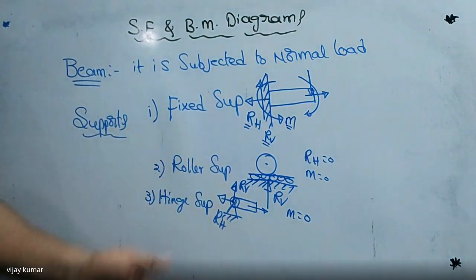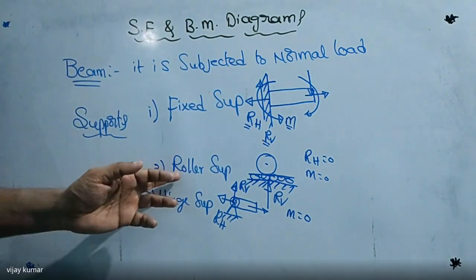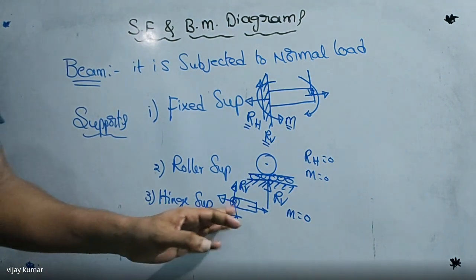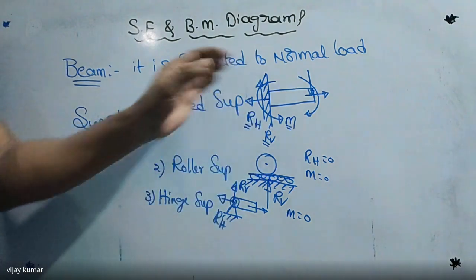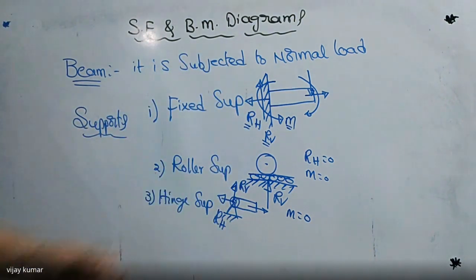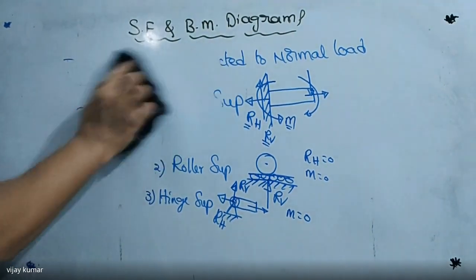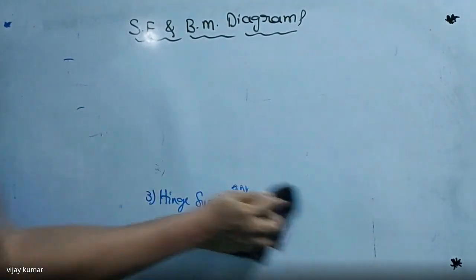There is another one also, the knife edge support. So the fixed support has three reactions, the roller support has only one reaction, and the hinge support always has two reactions. So remember these supports. These are most of the supports we are going to use here. Another one is also there, but that is not important, that is nothing but the knife edge support. So we can easily understand now. These are the types of beams and types of supports of the beams.